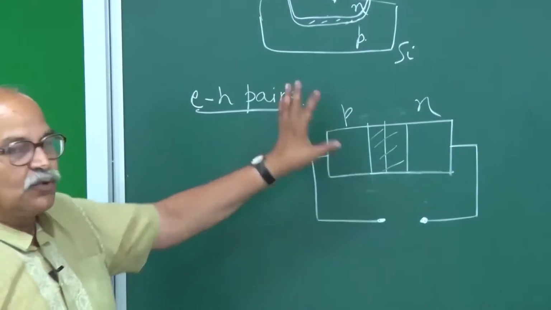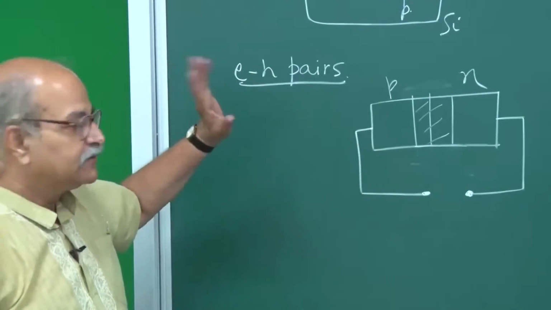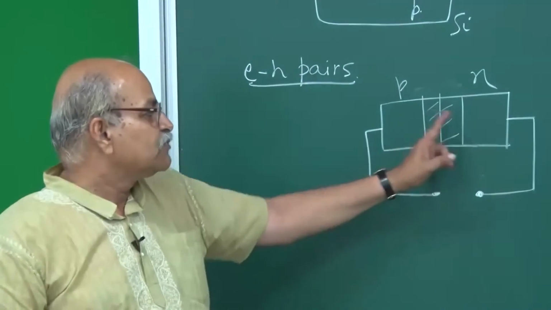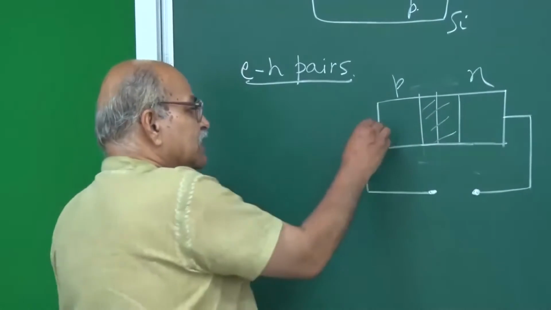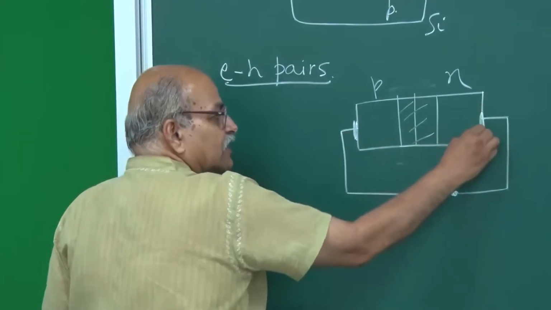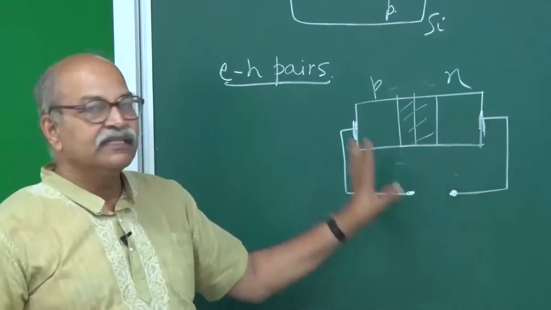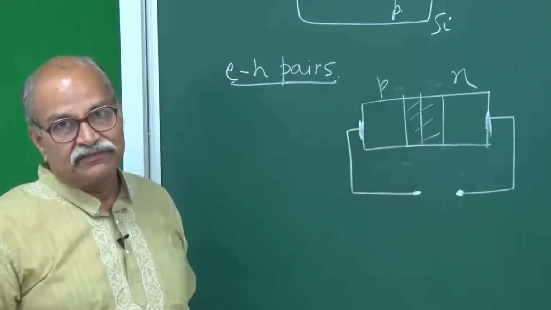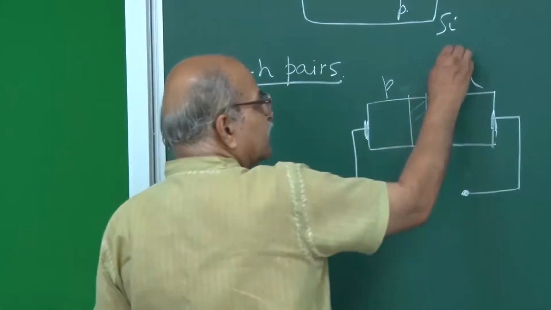So the voltage is 0, the current is 0, everything is fine. Now you have a potential difference, a potential barrier here, but then you have metallic contacts, and at the contacts also you have contact potential. So finally V is 0, I is 0, everything is there. But now if I shine light